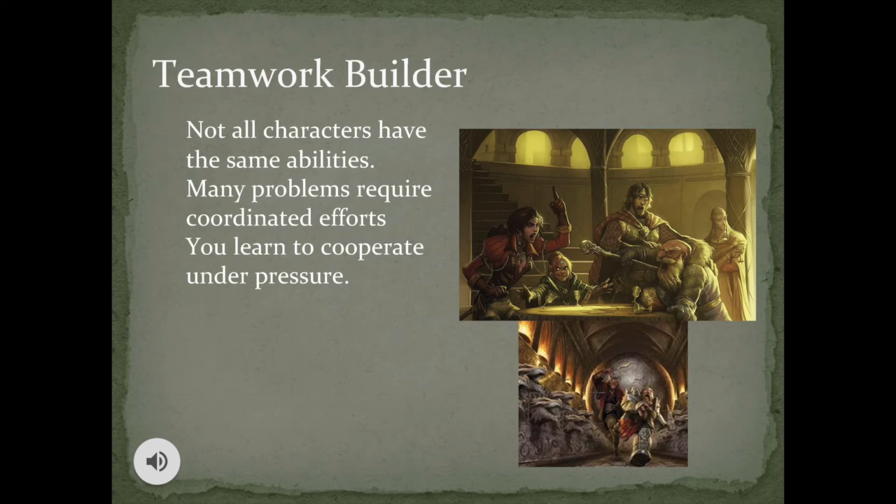Also, because of how the game works, and you will start to become attached to your characters, it does create a surprising amount of stress on you, it's good stress, to keep your character alive. As such, you learn to cooperate under pressure because the character that you have poured hours of time into living and continuing to be playable hinges on your ability to work with your teammates. It's a very odd phenomenon that's fairly unique to this game, but it does add a great deal of weight to the game.